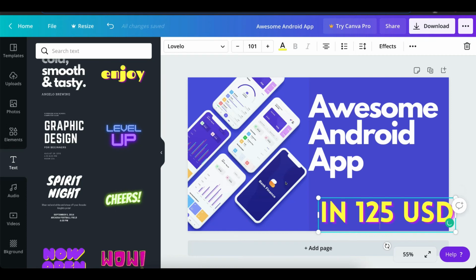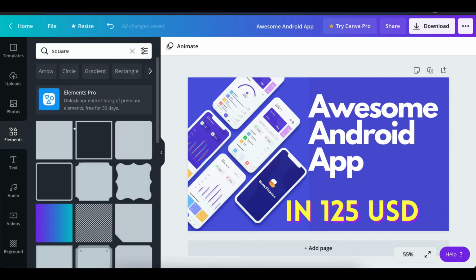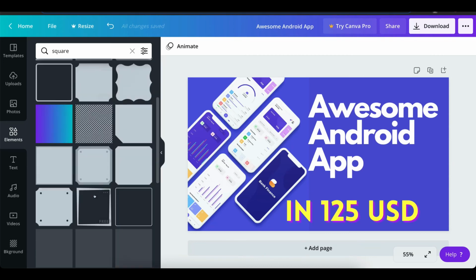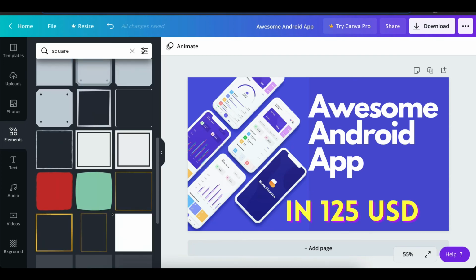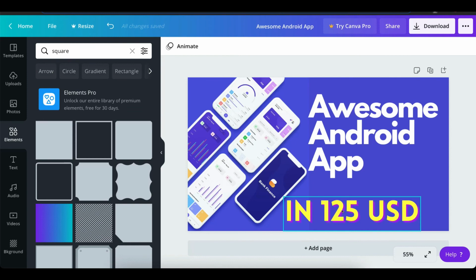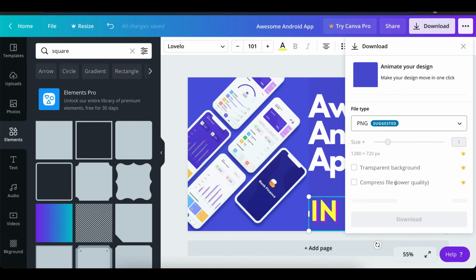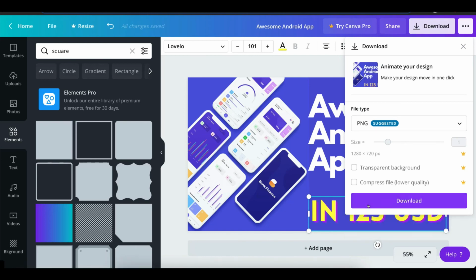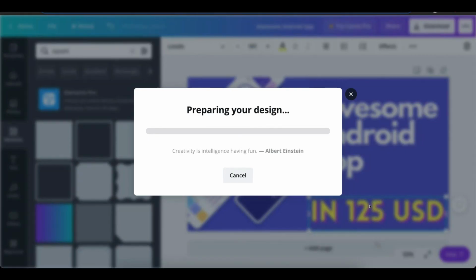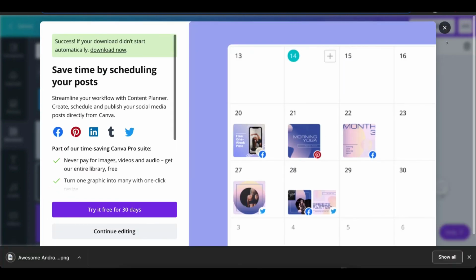Okay, make sure to use the free elements here, it's mentioned free here. The ones with the crown on them are not free, and you won't be able to download these images for free of cost. Then you can simply download these images from here, select png, and click on download. It will get downloaded to your computer. That's a simple way to design